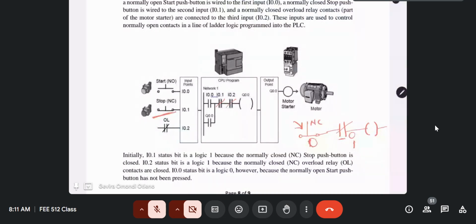Now, see the problem with that. When you transfer logic 1 to the output, you expect the machine to operate, because the output module will actuate the motor starter and the motor would start running. But the reason for pressing a push button, this closed stop push button, is because we want the machine to